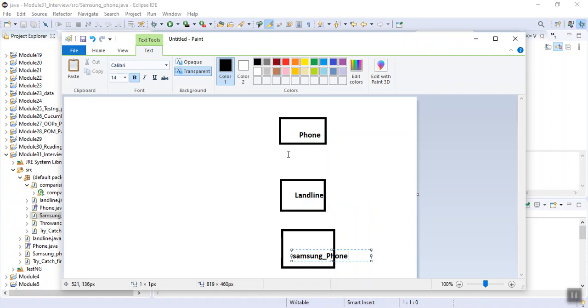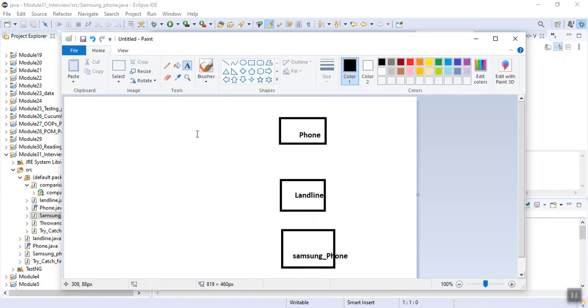Okay, so we have three things, and what is happening? Landline is a phone, and Samsung phone is a landline phone.